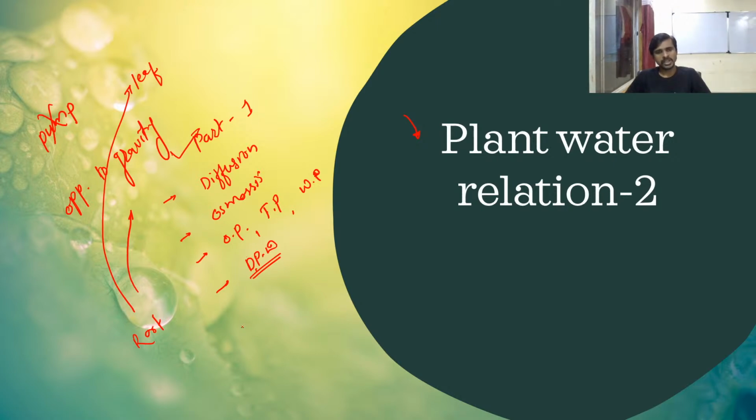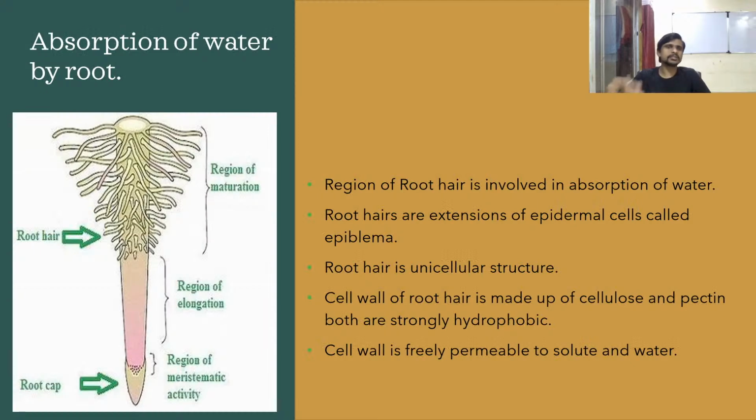If you see in our body, the animal heart acts as a pump. This pumping action increases the rate of flow, or you can say the pressure generated, which is the cause of the movement of blood or liquid inside the body. But a plant does not have any heart or pump. So how can the water move from the root to the leaf? It is completely opposite to gravity. How is it possible? Let's see, guys.